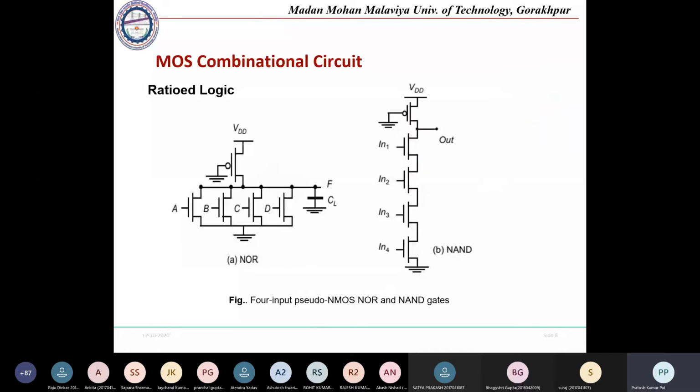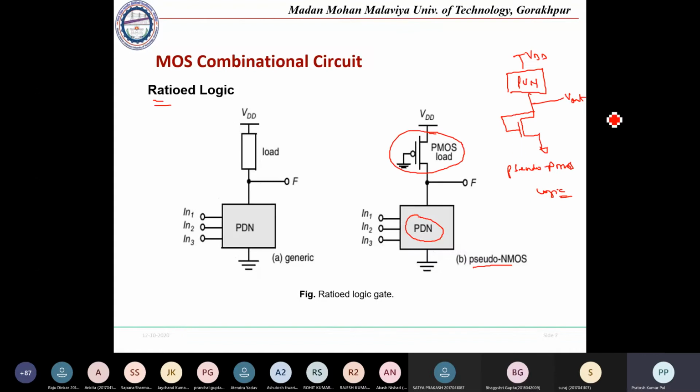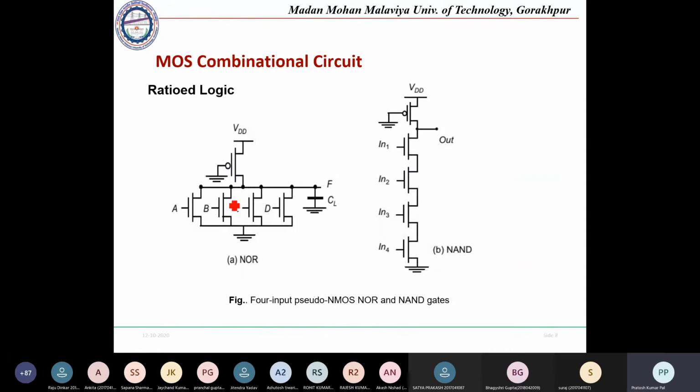With respect to the example, this is the pull-down network. We have just taken some example. We will be replacing the pull-up network, so here a single PMOS transistor is used, and the pull-down network is implemented by connecting four transistors in parallel. These four transistors connected in parallel will implement your NOR logic, so whatever F output will be there, it will be A plus B plus C plus D.